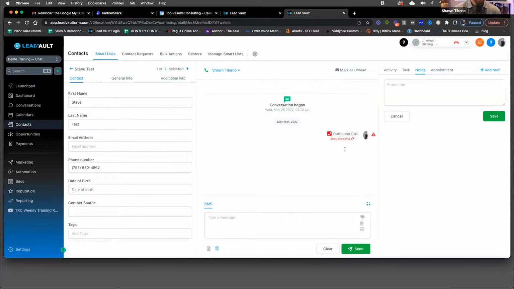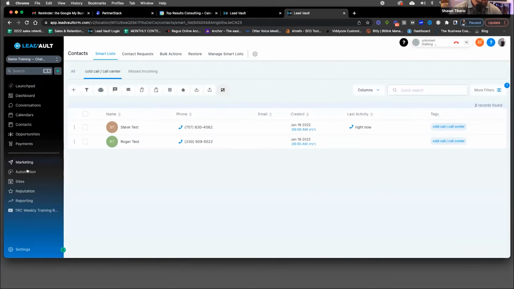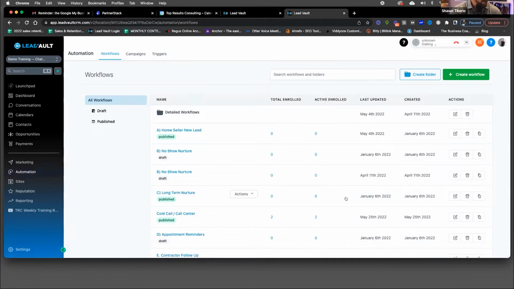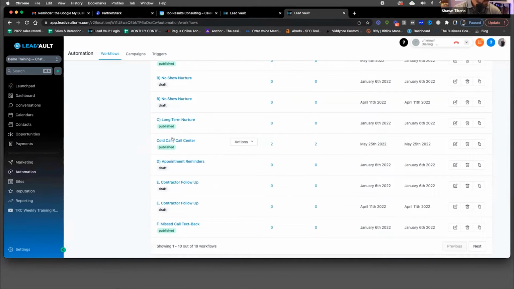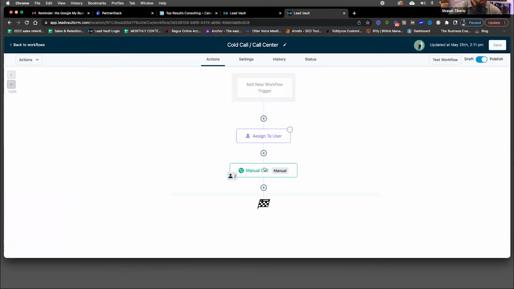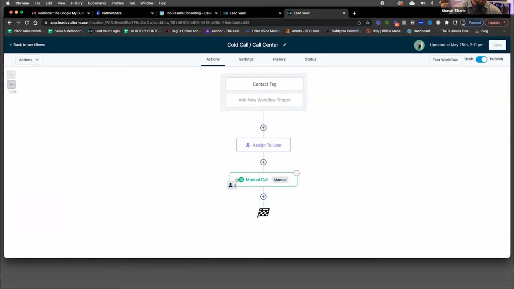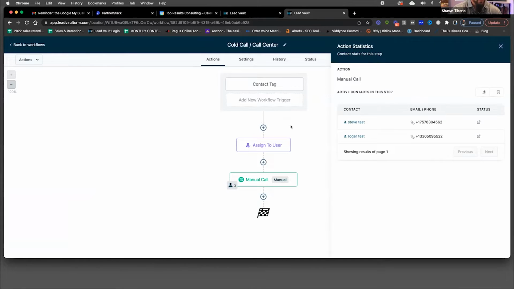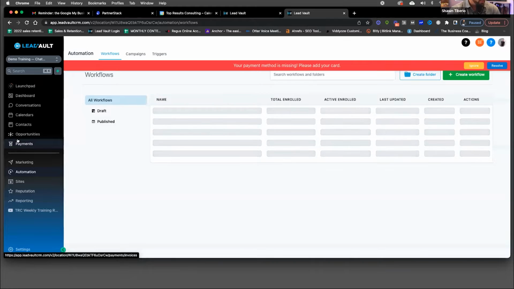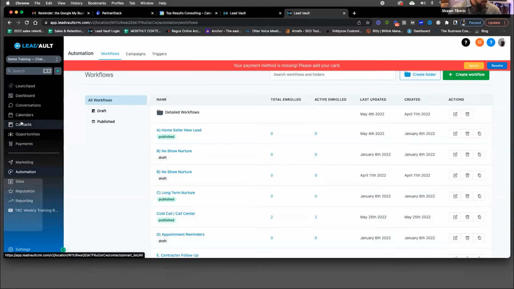Yeah. The other way that this is happening now, because we gave them that tag, remember the automation that I built, this cold call center one, there's two people sitting in this manual call because we assigned that tag. It brought both of these two into this workflow, right? It also assigned it to me. So the other way that your call center person could do this is they could go under